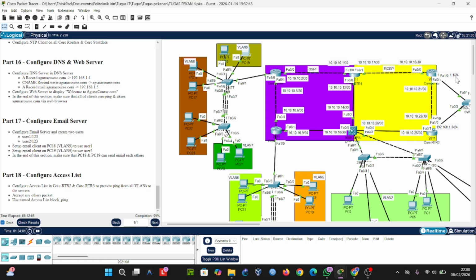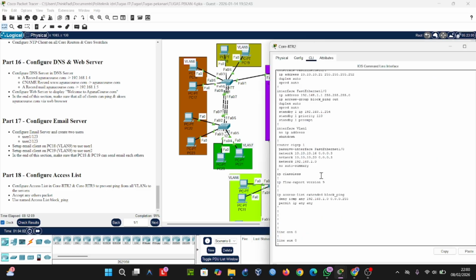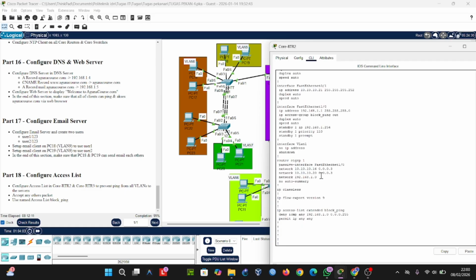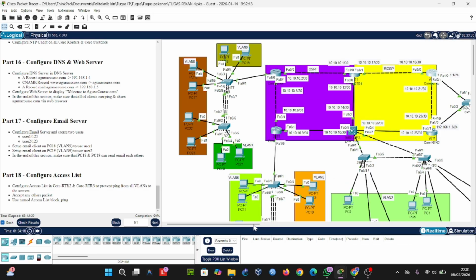The last is configuration access list. Configuration access list is in router one and two. I can show you the configuration access list. We configure blocking protocol ICMP from all VLAN to server.